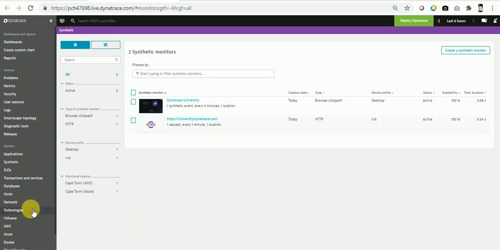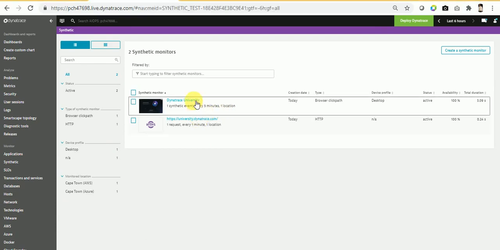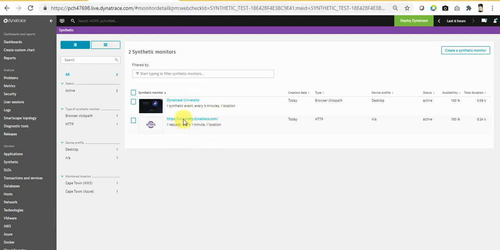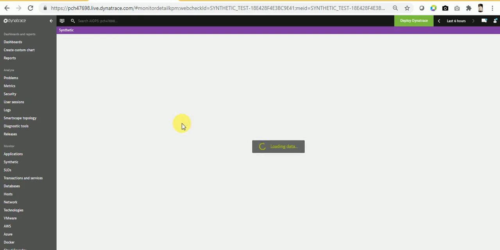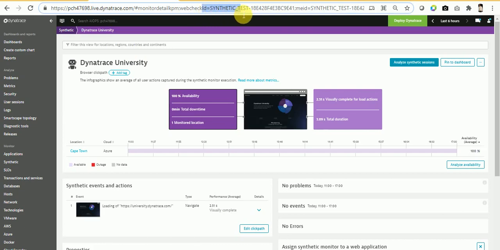Suppose I open Dynatrace synthetic, and let me open any of these, Dynatrace University. Once you click on any entity or component under Dynatrace monitoring, you can see in the URL itself that there is an ID equals to the synthetic test. So this is the entity ID.